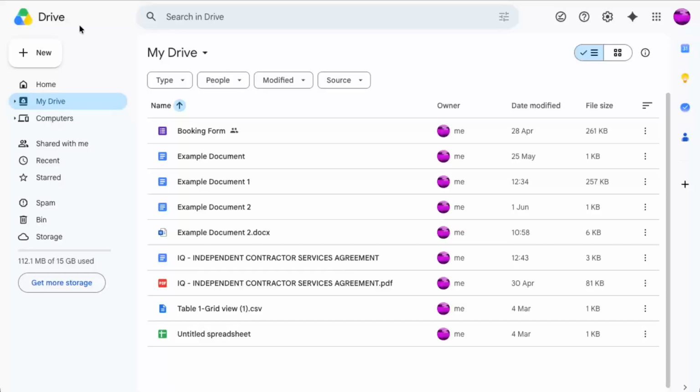Again, keep in mind that even though this tutorial is about creating a folder for Google Docs, the actual folder creation happens in Google Drive. This is the normal way Google organizes files, so don't worry if you don't see a folder option inside a document itself. Once you're in Google Drive, look to the top left corner of the screen and click on the